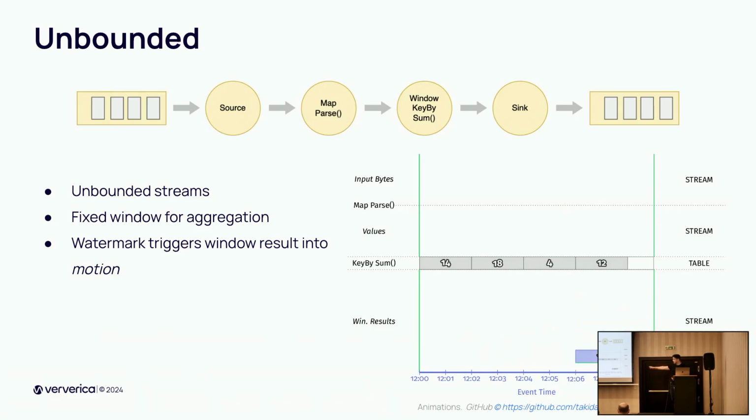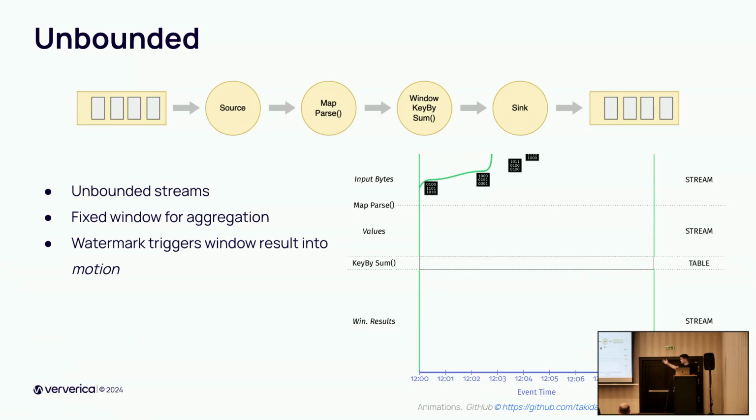And if you look into this example, the watermarks will be received on each window at a different processing time. So the results will be sent to the next operator at different times, compared to the bounded case, where the results were sent at the same time when they received the end of the input indicator.